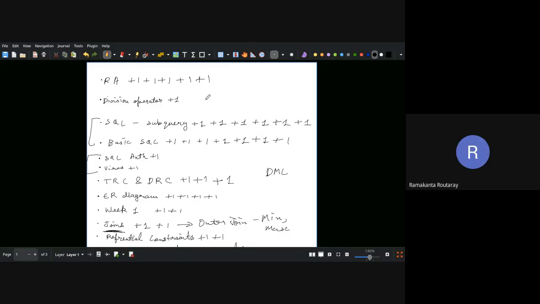So the maximum questions come from SQL and basic SQL. Maybe on that note, if you can give a few questions, and ER diagram and the joins when we're calculating the maximum and minimum number of rows. They are quite practical, so it will be logical to go and solve questions on them. Relational algebra has the maximum number of questions, including SQL and basic SQL. On that note, if you share a few questions, that will also be good if we have time today.